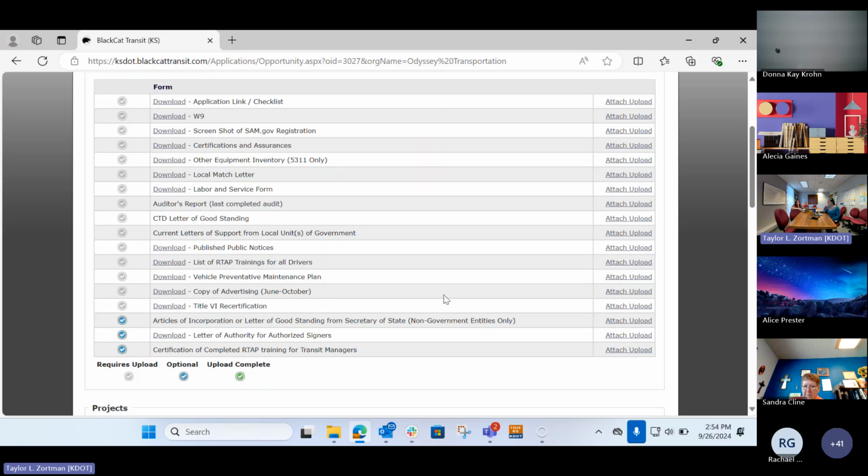Okay, and then the last one is a certification of completed RTAP training for transit managers. So this is something new that is coming out. It is transit manager training for what we have set up for new employees coming in that don't know the program. They don't know BlackCat. So it's basically a module by module training that RTAP is coming out with, and it has 2 to 3